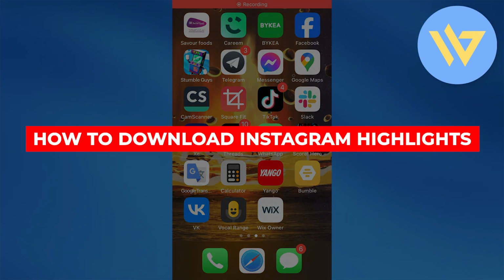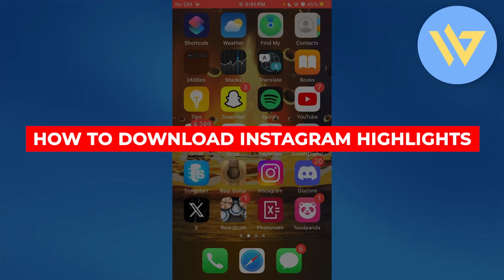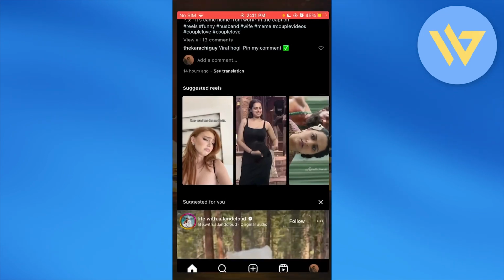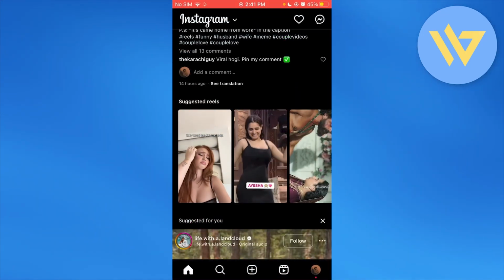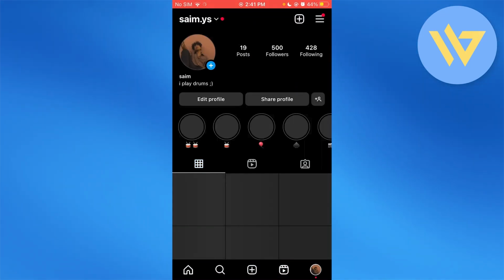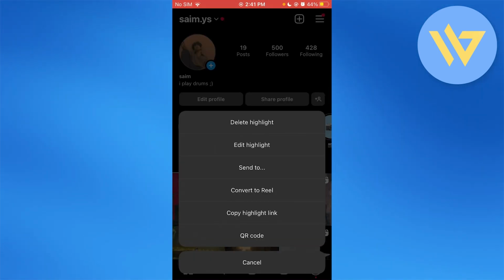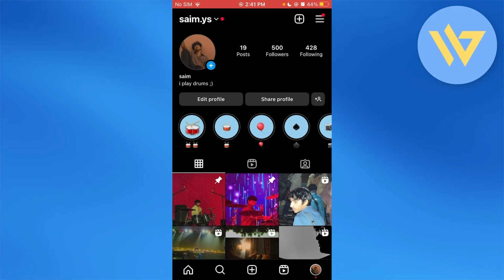How to download Instagram highlights. So if you want to quickly go ahead and download your Instagram highlights, what you're going to do is open up your Instagram and go to your account. Now, once you're in your account, if you want to download a highlight of yours, what you're going to do